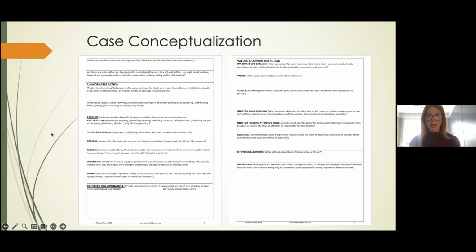This is the ACT case conceptualization that I shared with you a couple of weeks ago. As we go through these processes, I'll bring this up every week so we can start to think about how the processes, or each session, I should say, fit within this case conceptualization. So if you've been imagining a client this whole time, you can start to think about how you might answer these questions in the case conceptualization to really help you formulate that fuller conceptualization if this is a practice that you use.